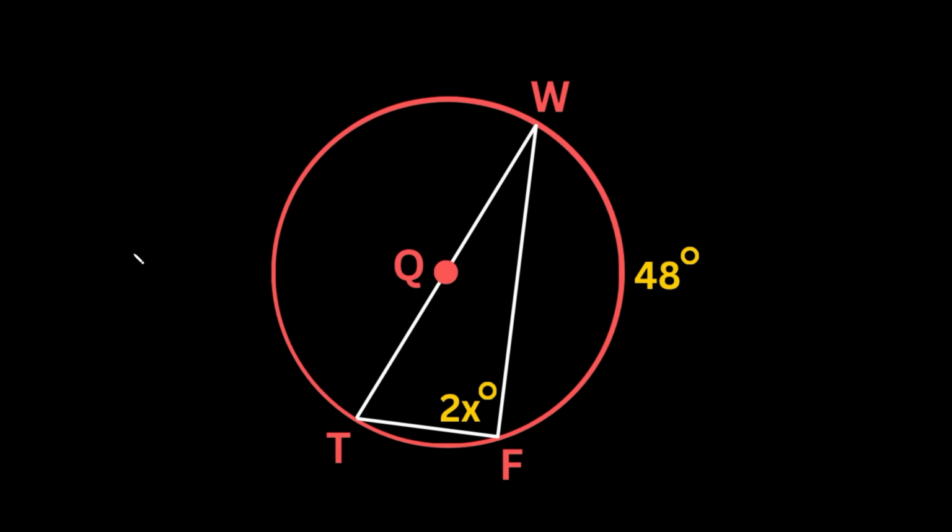So in this video, I'm going to teach you how to find inscribed angles and arc measures on inscribed polygons. All right, so first, we're going to go over a few triangle examples, and then we're going to get into quadrilaterals. So as you can see here, we have this red circle, and we also have this triangle right here, WTF. And we're also given that this angle is 2x degrees, and the measure of this arc out here is